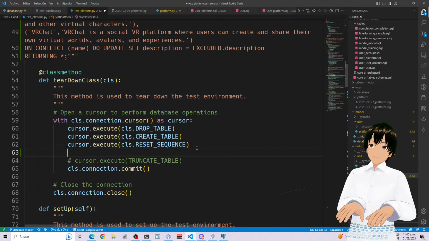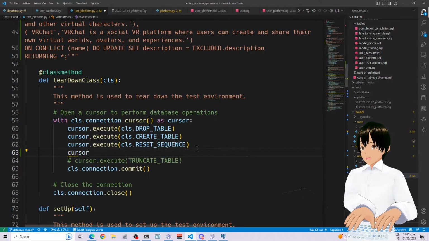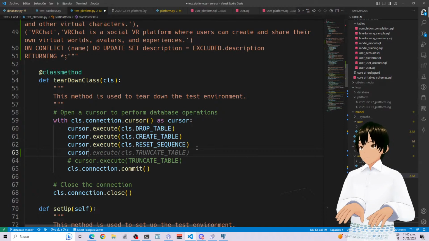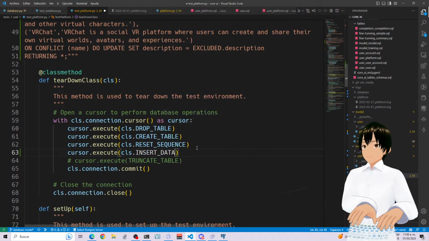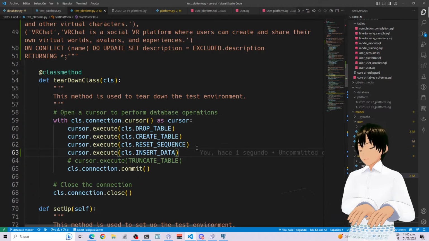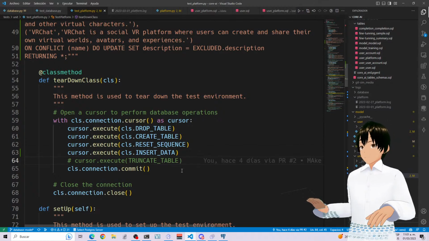In the teardown class method, I'm going to just invoke it. Well, not the truncate table, it's going to be the insert data. There we go. So that should make me